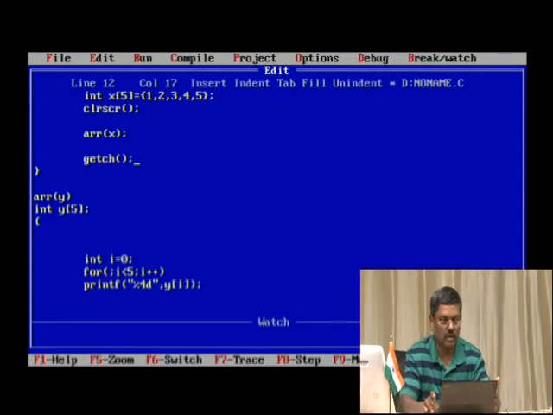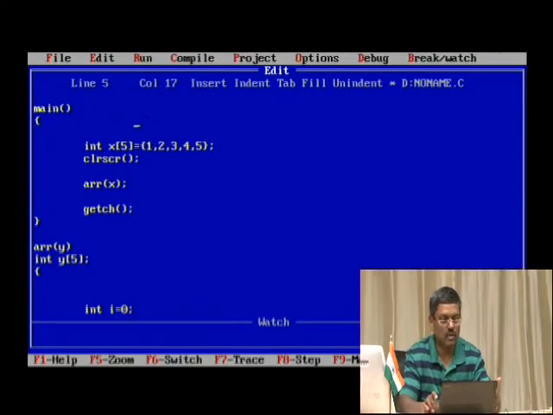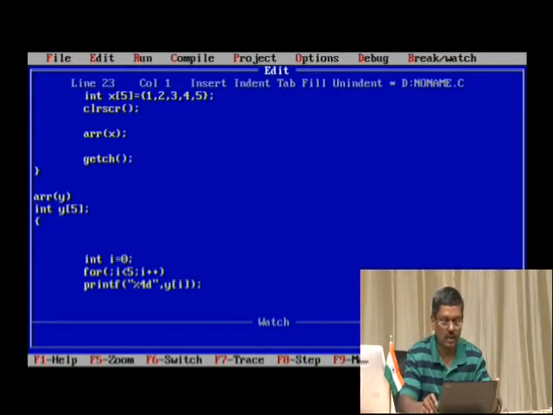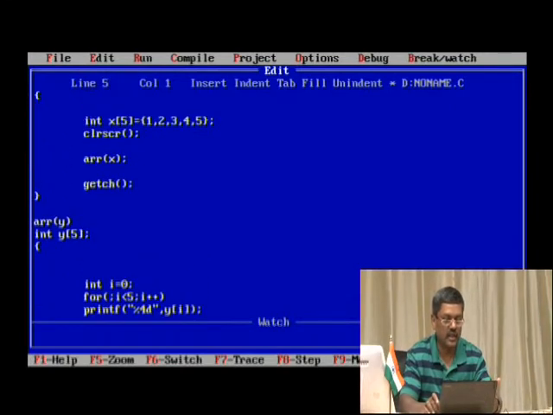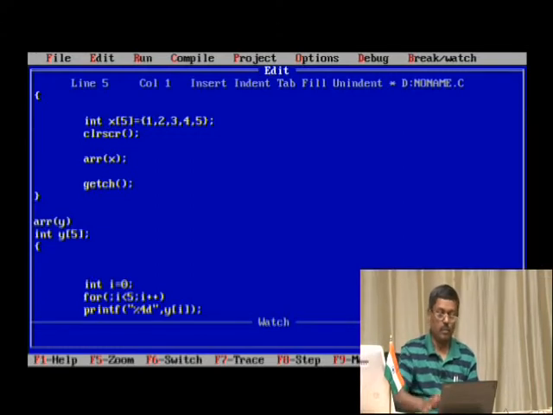So exactly. If you look at here, I did not make much modification to this program. I will repeat once again. So x is an array of integers, 5 numbers, clrscr which will clear the screen, and here I am actually making a call. This function call takes the control out of the main, and it is defined over here, which is actually received by the y array. So again having 5 elements, and then I am initializing and I am trying to print over here. So this is how you can actually pass an array to a function, and it is very easy to handle that.